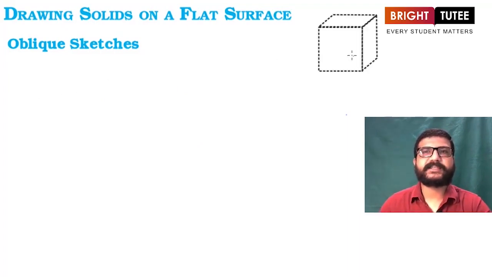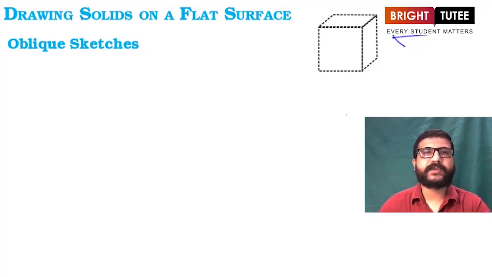For example, you can see this. Here is one figure. What do you think about this figure? It is a cube. Now we have drawn this figure on a 2D plane, or we can say on a piece of paper, but still it is appearing to be a cube. But in a cube all the side lengths should be equal. Here, as we can see, we are not taking care of side lengths. Side lengths are not equal, but still it is appearing a cube. So this is how we draw 3D solid shapes on a piece of paper.